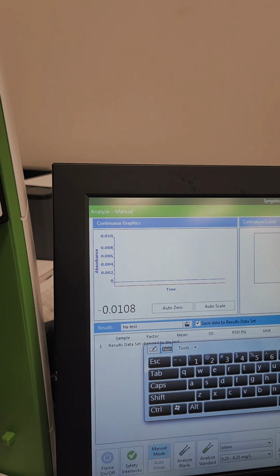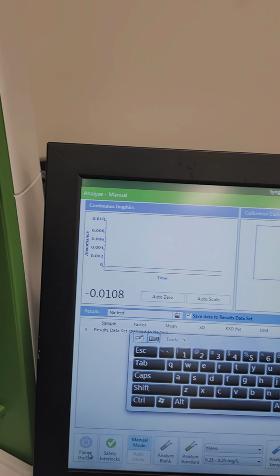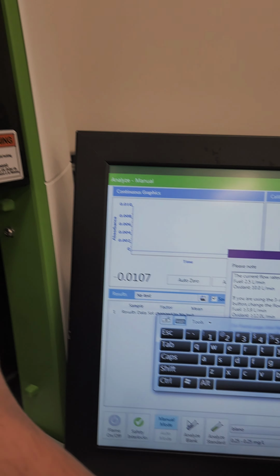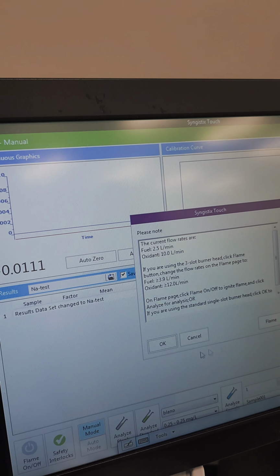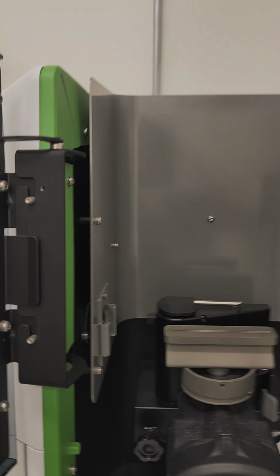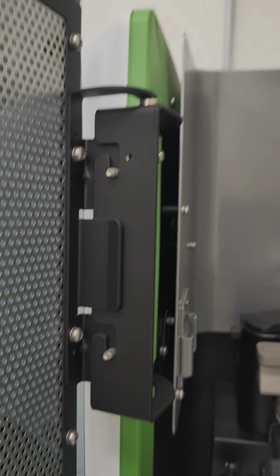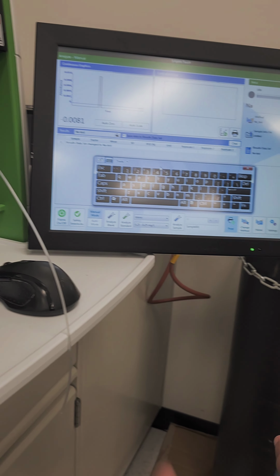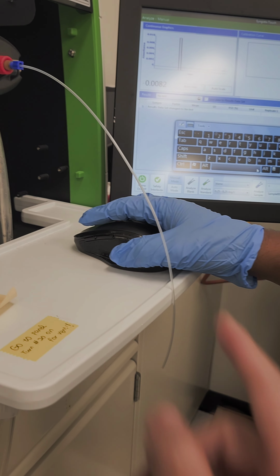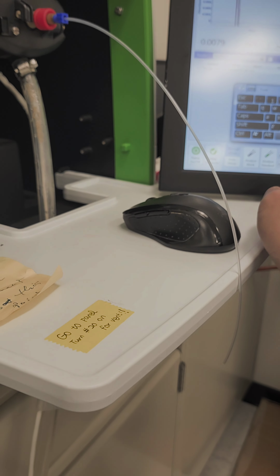Once everything is good, you can click flame on. Then it will generate a flame here. It will ask you conditions, and you just need to hit OK, and then you can see the flame. So right now you can put in a blank. Normally it's the 0 ppm. And you just need to put this tube